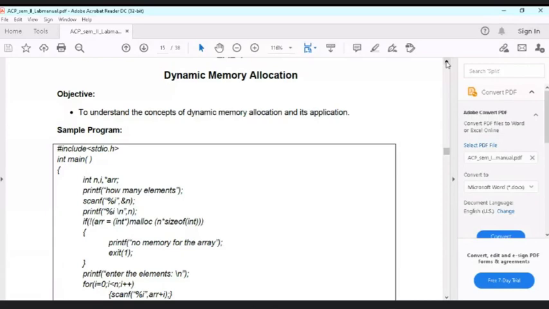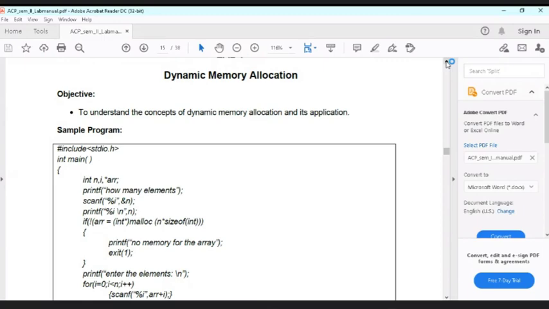So that way, if it is an integer array, then it is going to occupy 15 into 4, that is 60 bytes of space. And out of this, we know that only 10 integers are to be stored when we run the program or when it is being used.